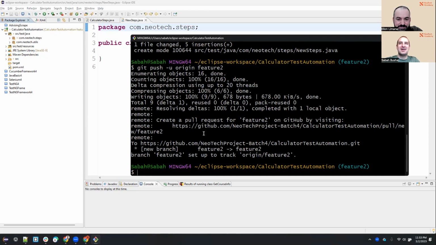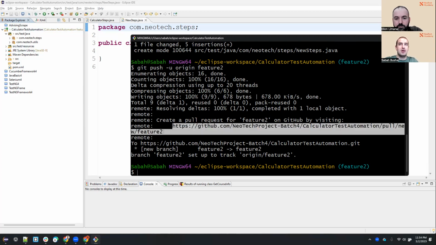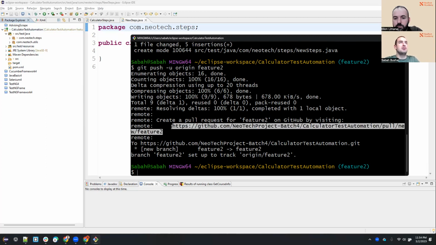All right, so what does it say here, guys? In this case, it says that now we send this new branch there, which means we are tracking from this feature 2 branch in my local repository. I'll be tracking this feature 2 branch on the remote repository. And if you notice, you have a link here as well. This link is provided if you want to create a pull request directly, which you don't have to go through